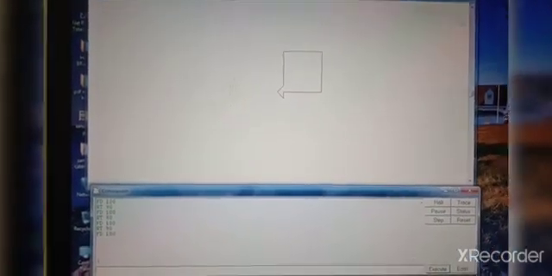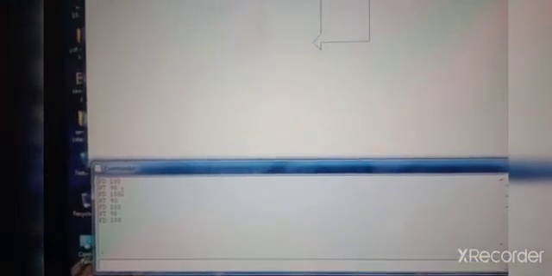This is a square. And these are the primitives. This is one program to draw a square. These are primitives. Okay children. What are the primitives to draw a square?